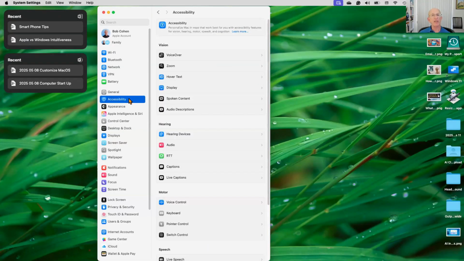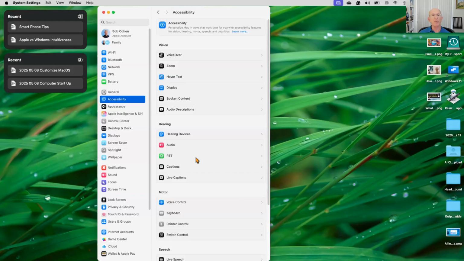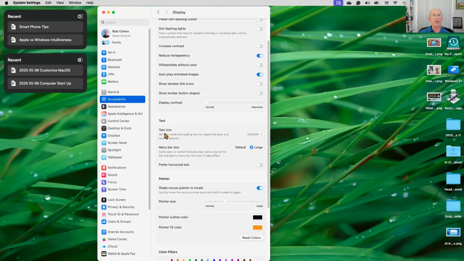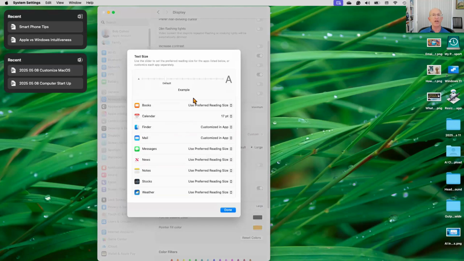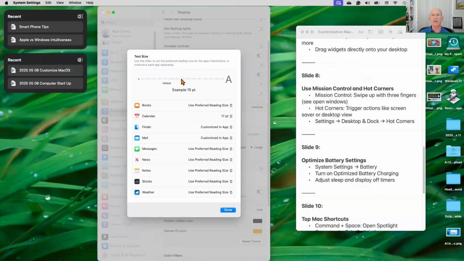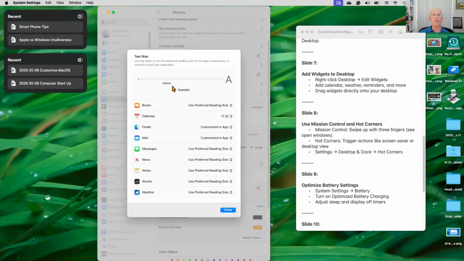If you want to go into accessibility, it gives you the ability to customize tools that you might want to use in other ways and choose things for your display if you're interested in inverting colors, changing the contrast, reducing transparency, adjusting the text size. So you can adjust text size by doing it here. That's in accessibility. Let me move my note over here so you can see as I adjust the text size, you can see how the text is getting bigger and smaller, and they have what's called default, which will be there